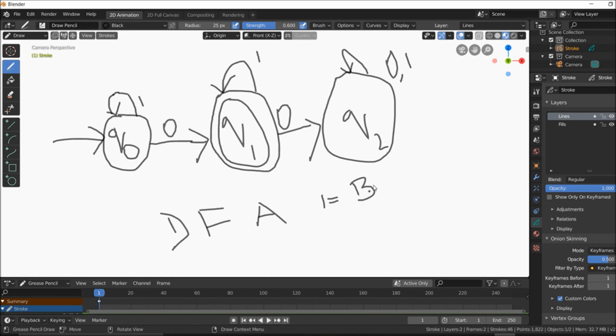I must say those two videos will help. So 1 equals buy and 0 we will take for sell. Okay, so here we are good to go. We are done here, and this DFA has been constructed and we have completed this transition diagram.